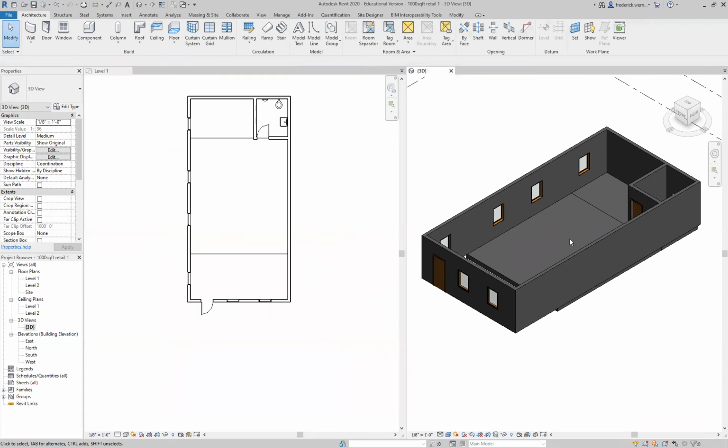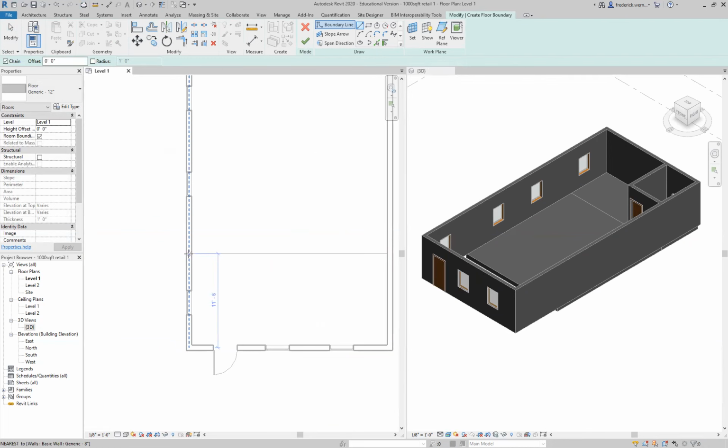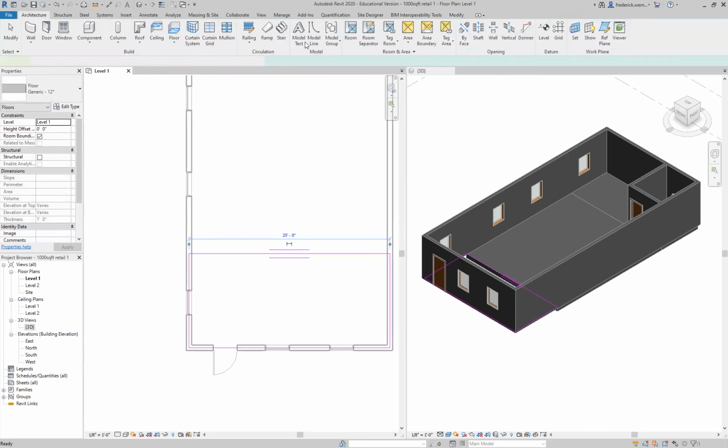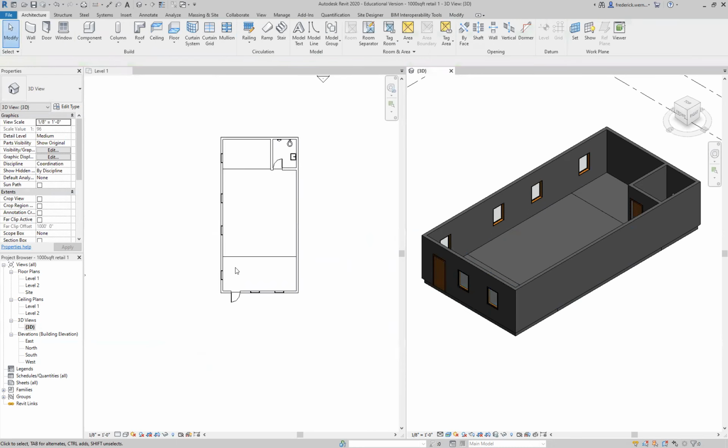So that you can see in the 3D view, you can see where you have floors and where you don't. So I've got one more floor to go. Floor. And this will be to the front of the space. Green check. So now I've got floors that fill the space, and now each one of these can be a